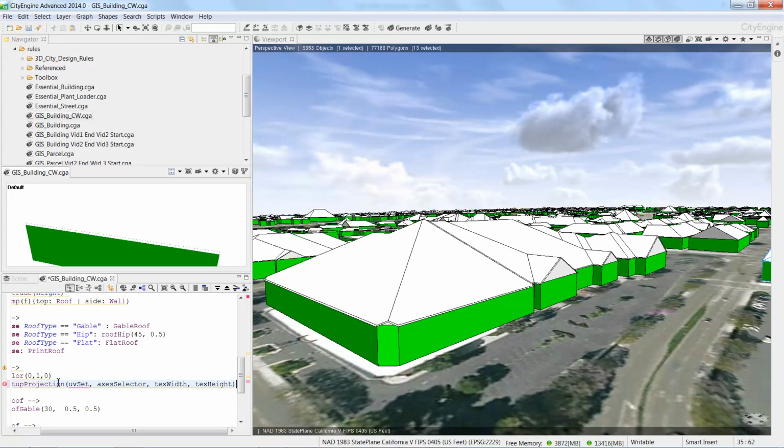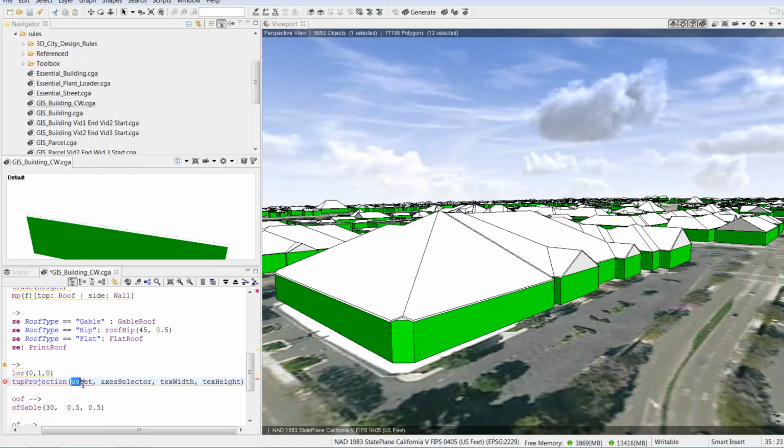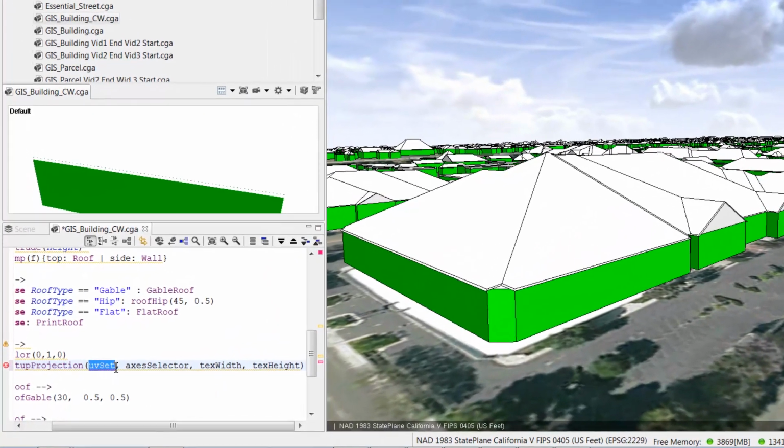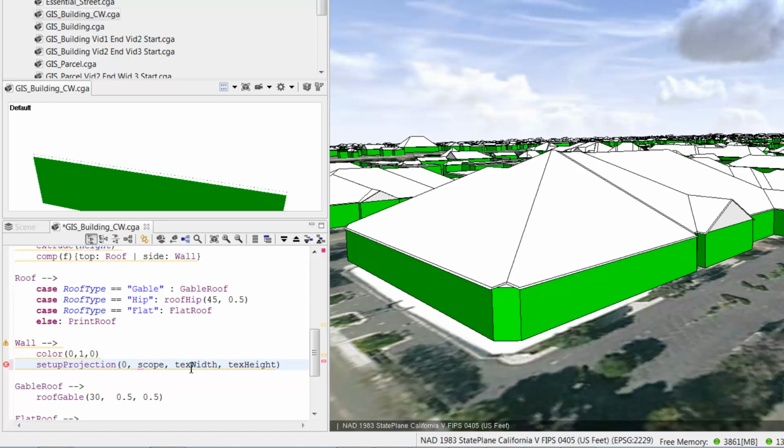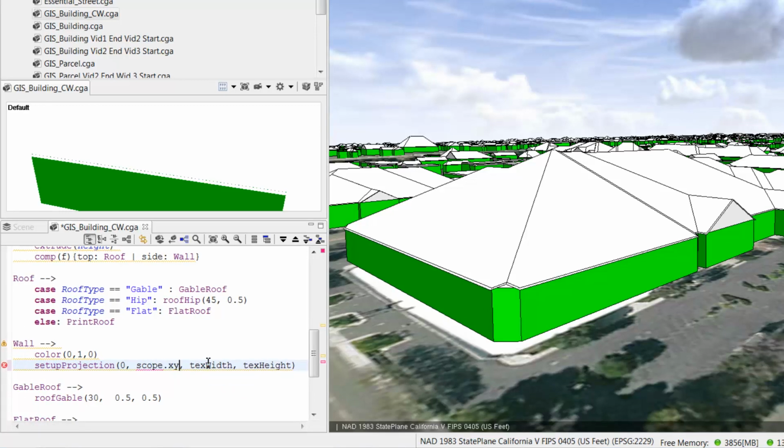The parameters must be replaced with values that we'll supply. The UV set parameter is one of 6 layers that control how the shape is displayed. Enter 0 here, since layer 0 corresponds to images. Axis selector is the direction of the projector. Recall that our walls have an XY scope and no Z dimension, so we'll use the scope.xy since the face